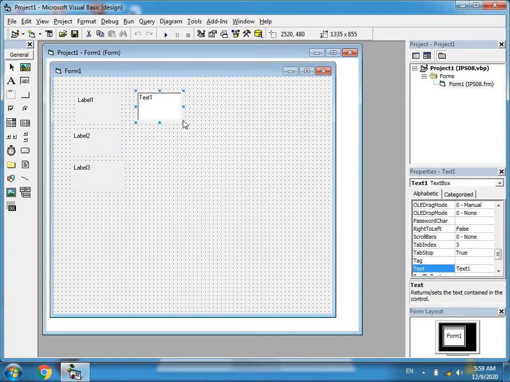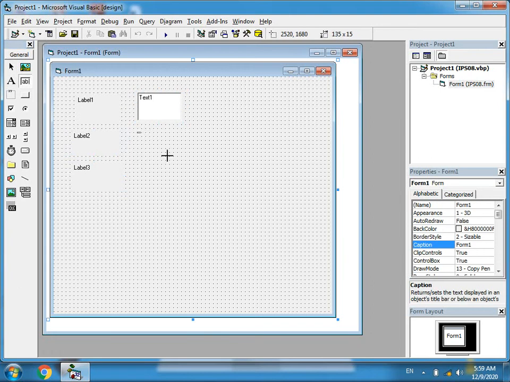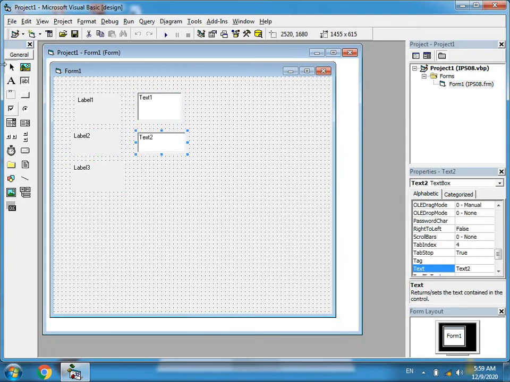One text box for Label1, another text box for Label2, and then a third text box for Label3. So in this way, the three text boxes appear now on the form.